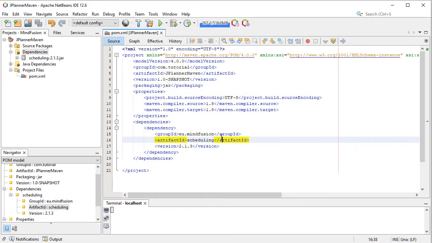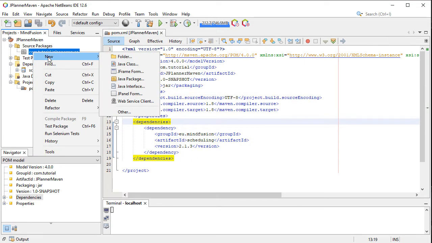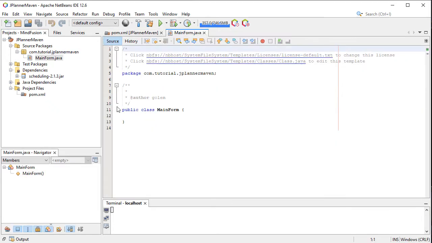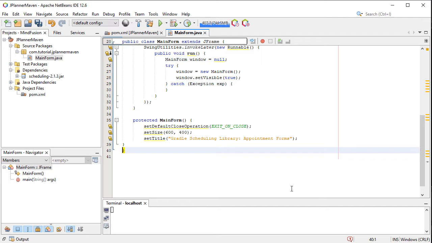Let's add now a simple JFrame that will render a simple scheduler to make sure everything is done correctly. Let's add an empty class called MainForm. I will just paste the code for initializing a blank JFrame.